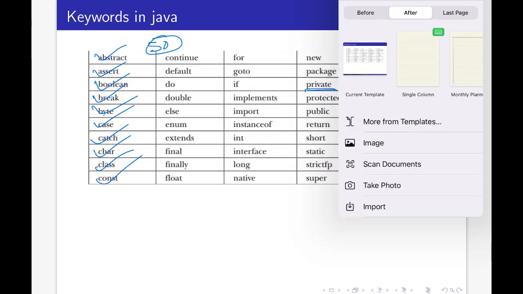Let me write the program step by step. First we write import java.util.Scanner, as we have discussed.